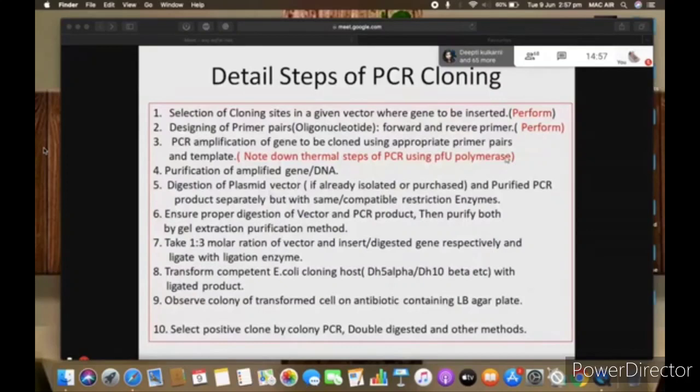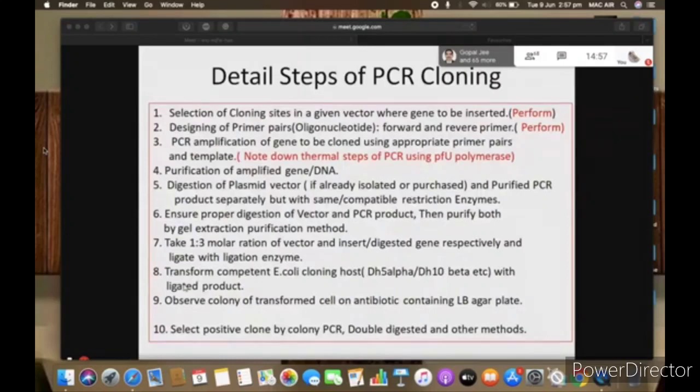So digest this purified PCR product in a different tube, and this purified plasmid which you have isolated in a different tube. So digest the insert DNA, the gene, and then the vector, each with their enzymes. For digestion, also there are protocols. You have to search whether you should digest sequentially or doubly, meaning double digestion.